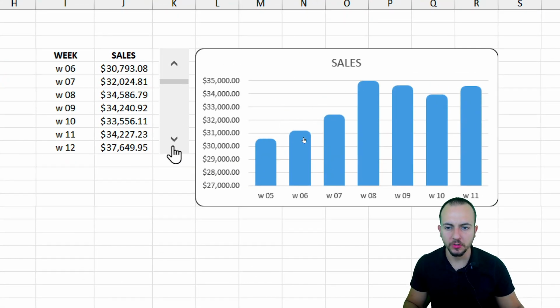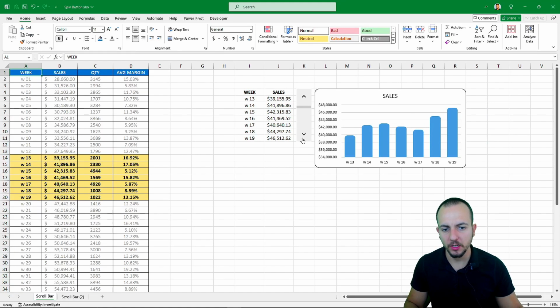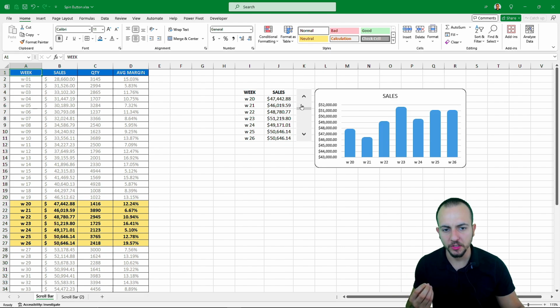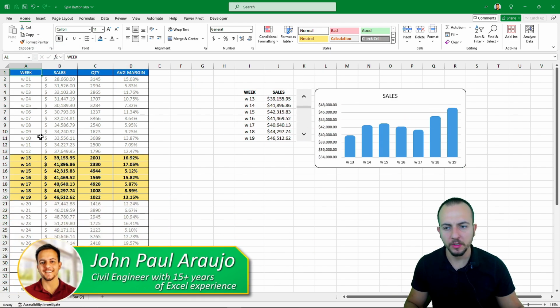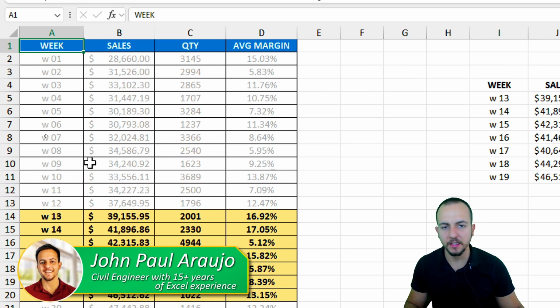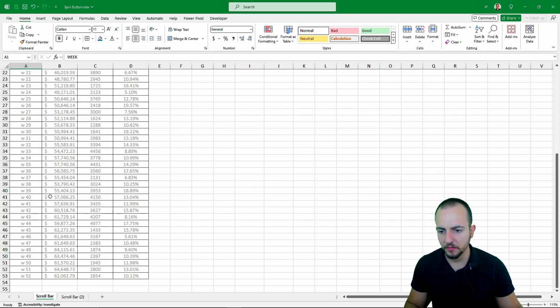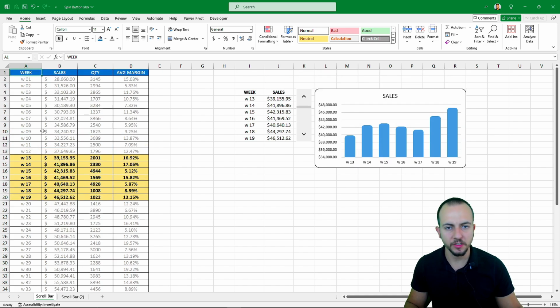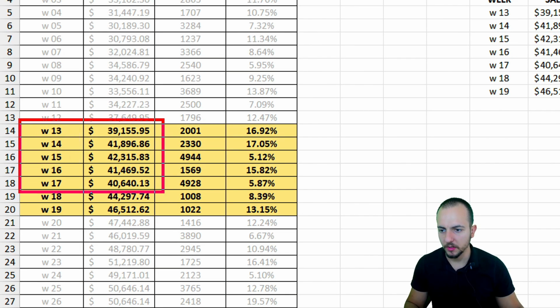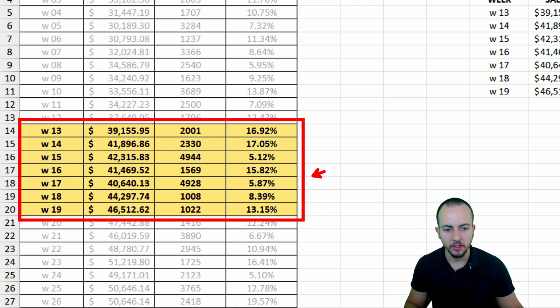How to use the scroll bar in Excel to extract off to the side just a portion of your data set. As we can notice, here to the left, I have my entire data set, my sales report, let's say, and it has many different rows. And I want to just extract a portion, the one that is being highlighted here for me, to the side,